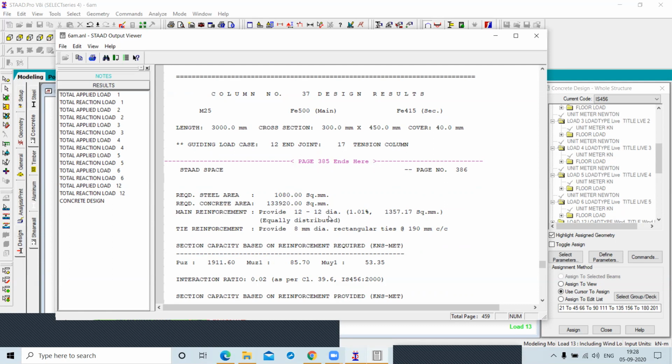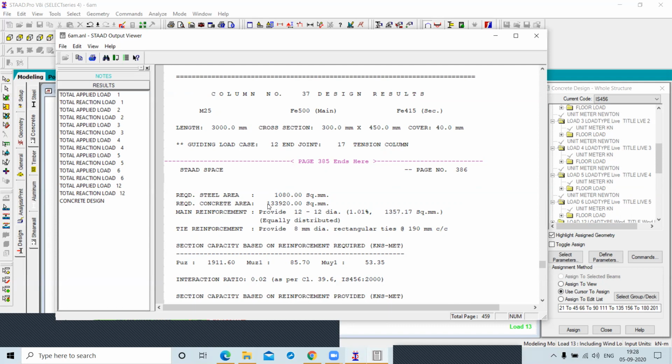Okay. The minimum steel requirement is 1080. But these 12 dia bars have 1357.17 square mm, which is 1.01% of your total area.